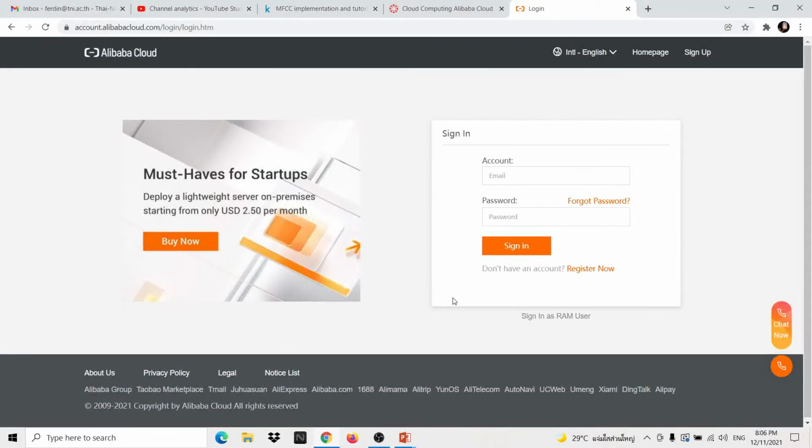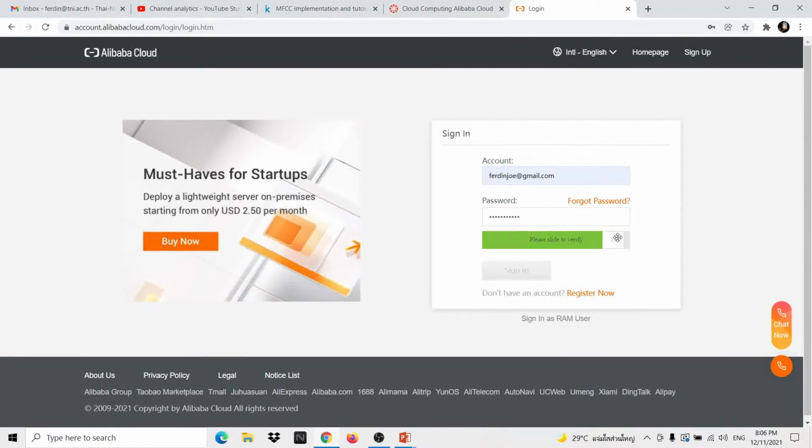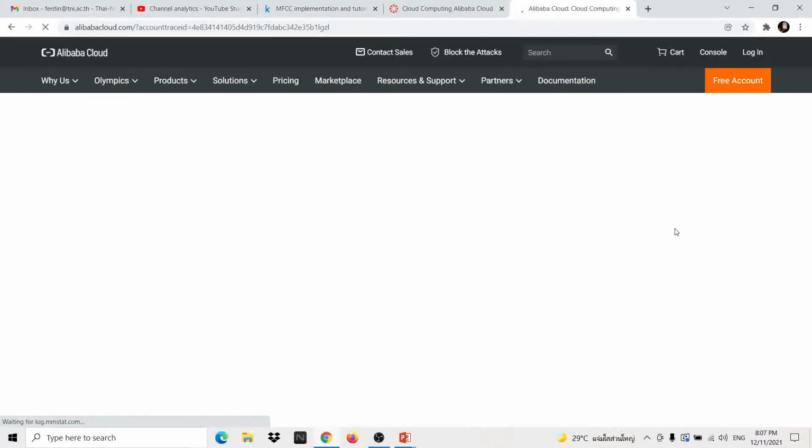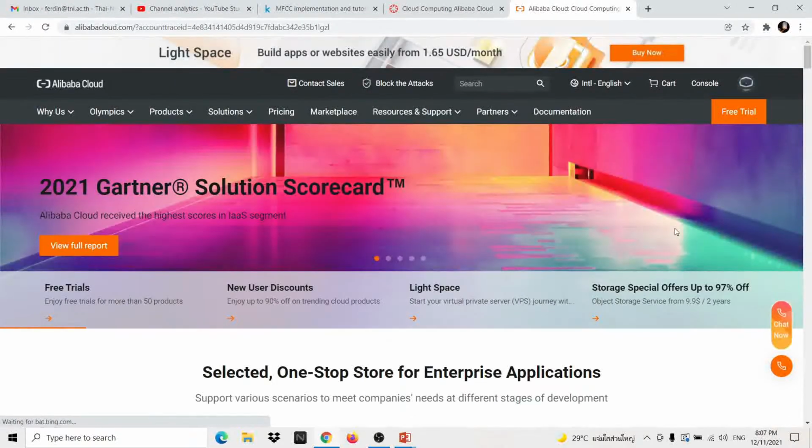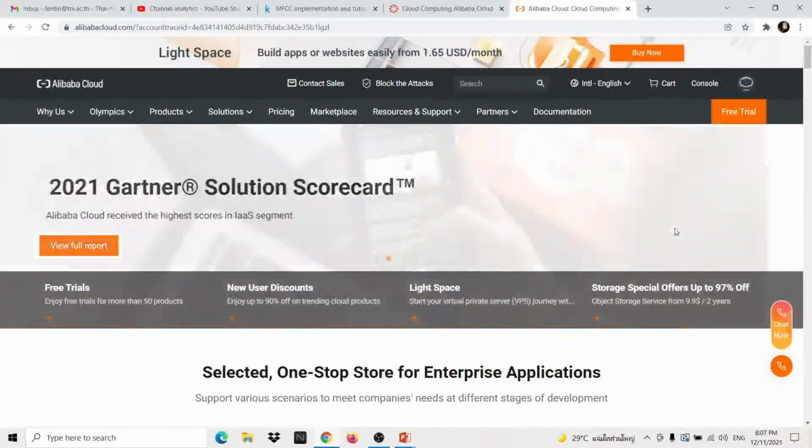So when we go into Alibaba Cloud, we need to log in. I just enter my username and my password, and it requires me to verify. Okay, so when I go into the home page of Alibaba Cloud, it shows me these menus, and here